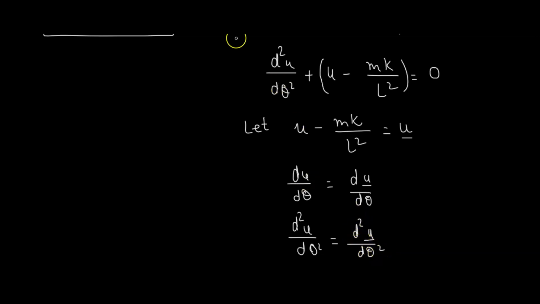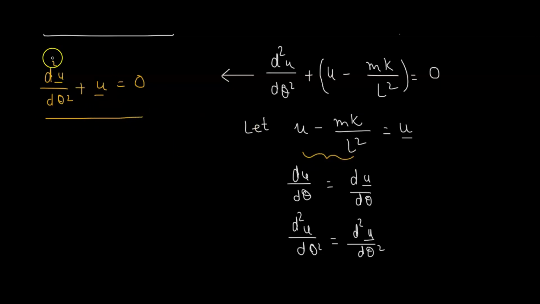So we'll use this to substitute in our differential equation, such that this particular differential equation will now become, let me write it as d squared u bar divided by d theta squared plus, so we have u minus mk over L squared, so that's simply u bar, equals 0. Now the whole idea of making this substitution is because now this particular differential equation has